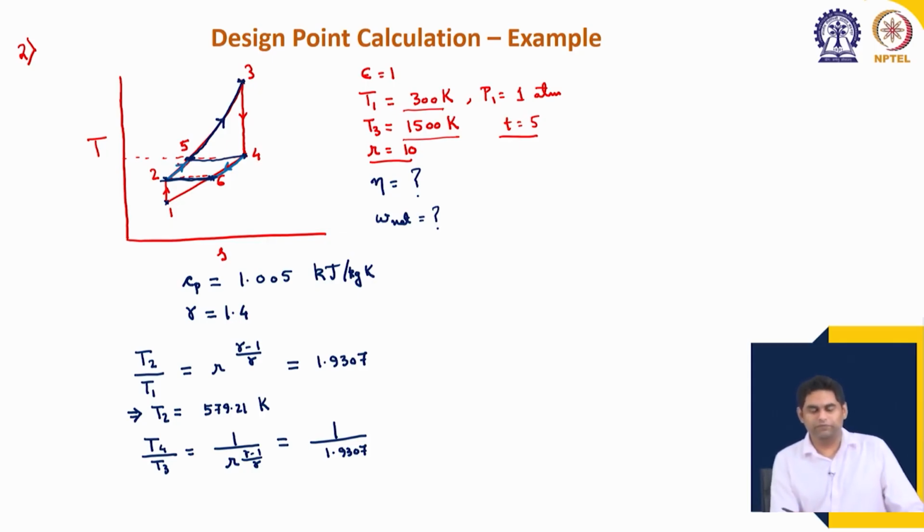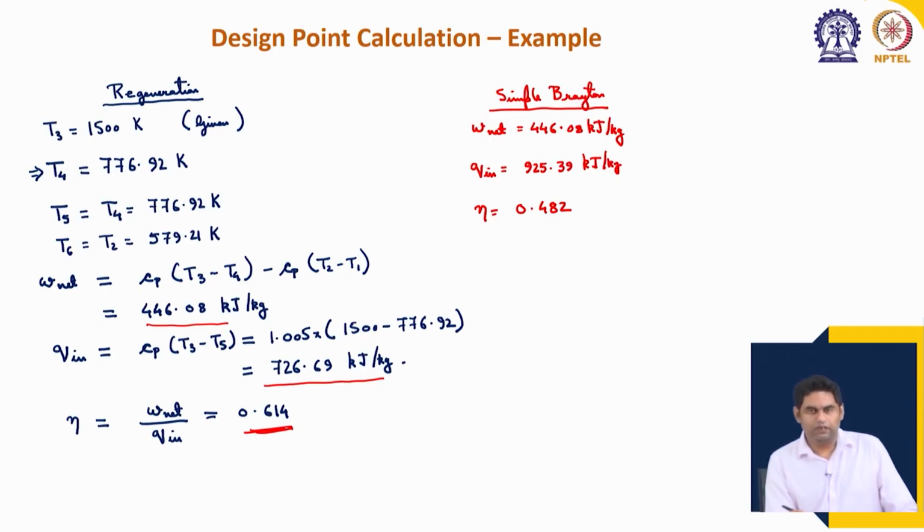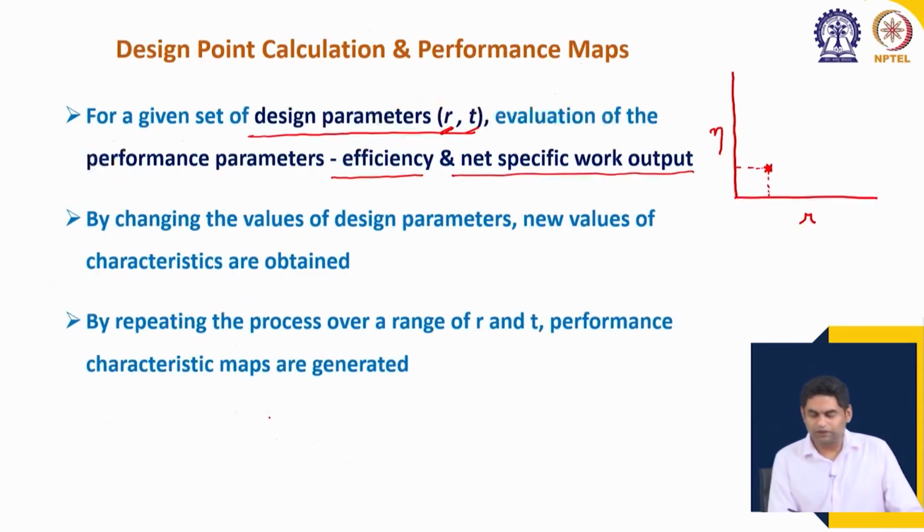It is done computationally, it can be done in iterative fashion directly, and we obtain again the corresponding value of efficiency and net work output. So, each design point calculation gives us one value for the performance parameter efficiency and one for the net work output. So, like this if we keep on continuing, let us say for the simple Brayton cycle,